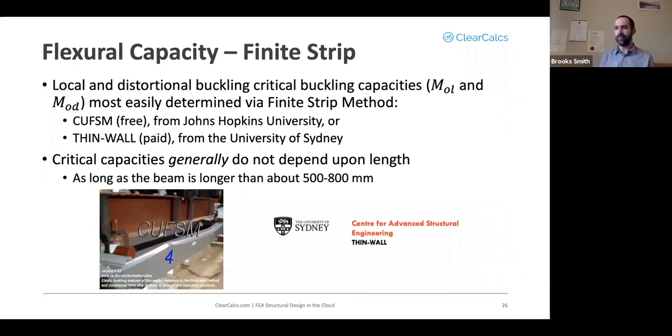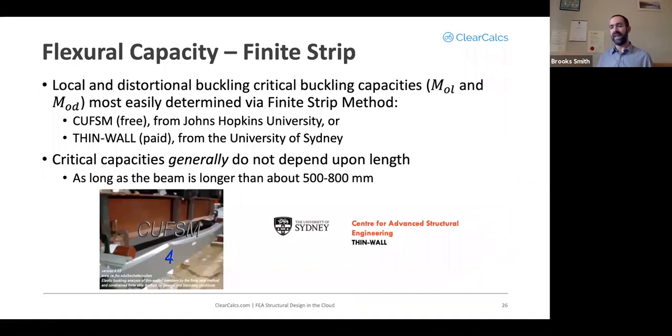They both do the same thing. This is analysis, so mechanics doesn't vary from country to country. You can use either for this analysis step here. The critical capacities that you get from these, the M0L and M0D, generally don't depend upon the length of the beam. I say generally because if you have a very, very short beam or extremely well-restrained beam,